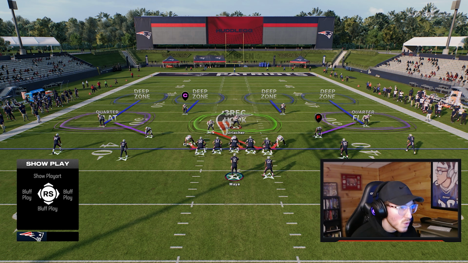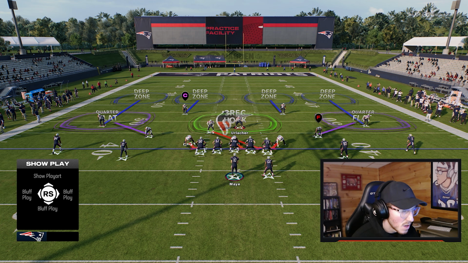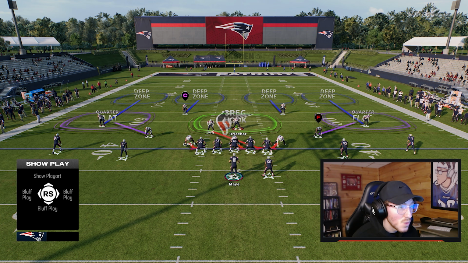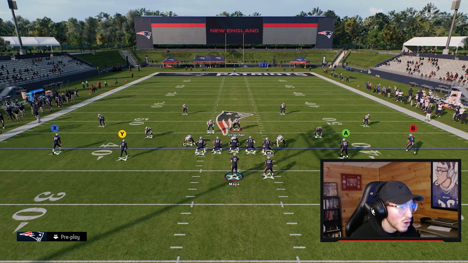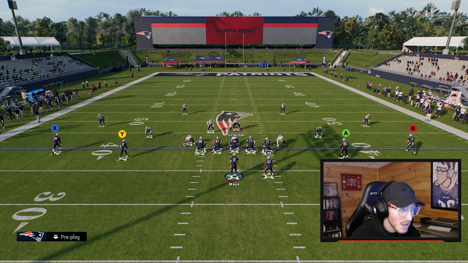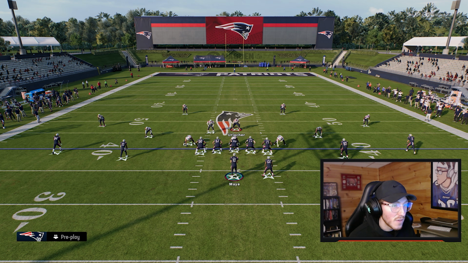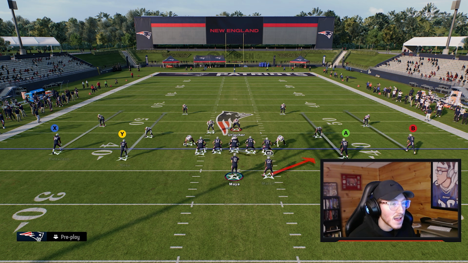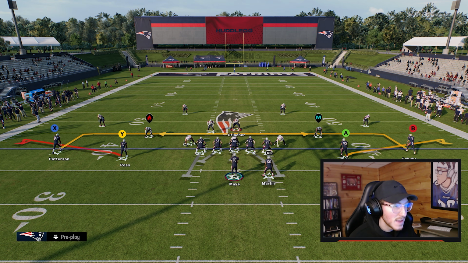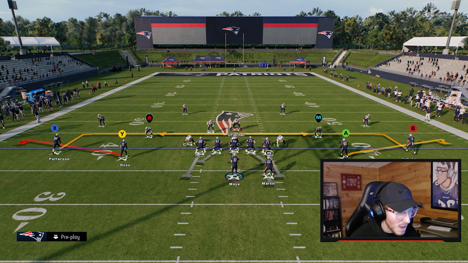All we want to do is attack both sides of the field in between the numbers and the hash marks. A really easy way to do this is to put the two slot guys, and I will say doing it from a spread out set is a lot easier than from a compressed set. But if we put the two slot receivers on flat routes and the two outside guys on in routes, this very basic concept is going to be all but impossible for them to defend out of this particular defense,